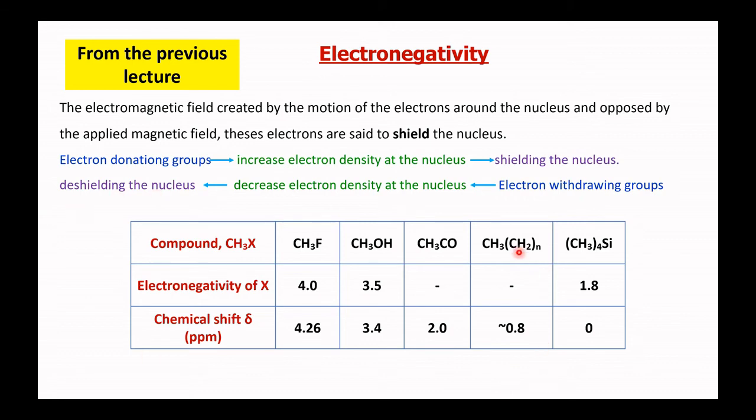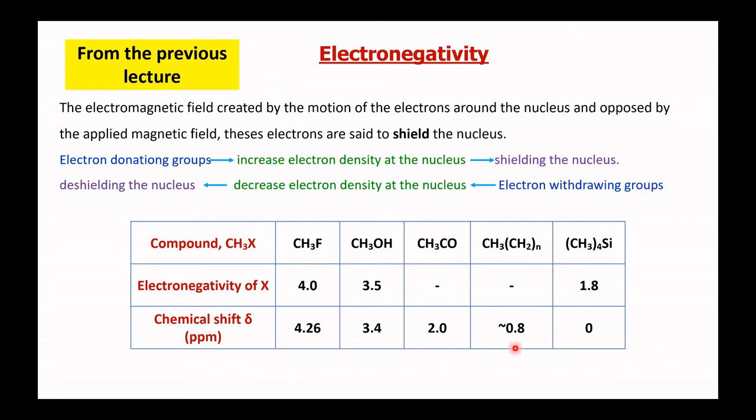For example, if you have the methyl group, the normal chemical shift is around 0.8. If you start to have a carbonyl group, it means the oxygen started to withdraw the electrons from the methyl. This means decreased electron density of the methyl group. Then it is deshielded. It means increasing of the chemical shift. Furthermore, if the oxygen is attached directly to the methyl, it is more electron withdrawing, more deshielded, more chemical shift. And finally, the fluorine, which is the strongest effect, and this is the maximum you can see for the methyl